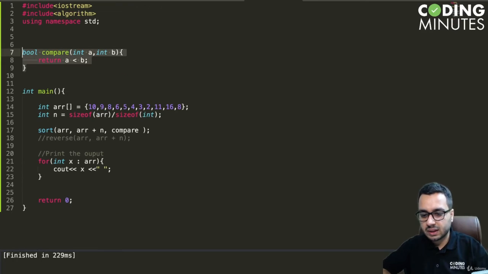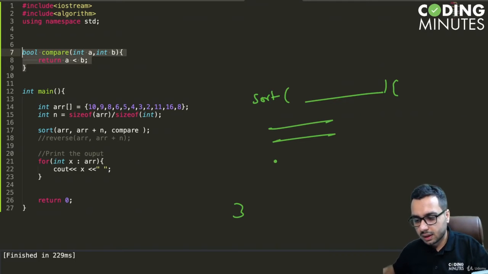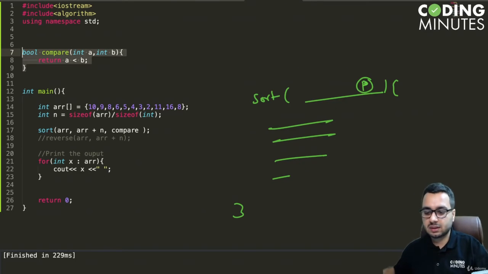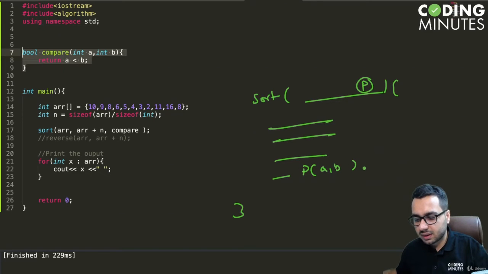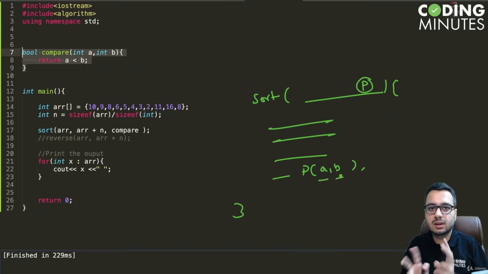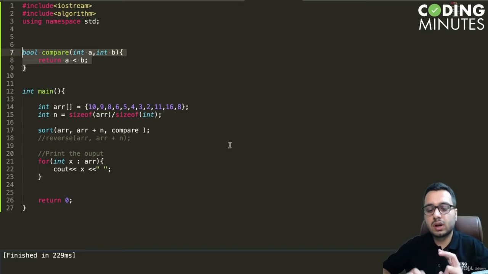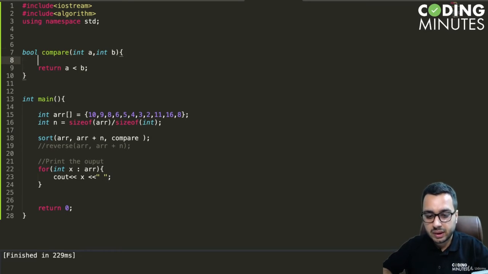So similarly, this inbuilt sort function has some logic written. So there are some lines of code, and in one of those lines it is going to call a function which we are going to pass in as a parameter. Okay, so we are passing this compare function as a parameter. It is going to call this parameter with a pair of numbers, and these pair of numbers get compared, and accordingly the sorting happens. Okay, so if you want to see what numbers are being compared, maybe you can print out comparing a